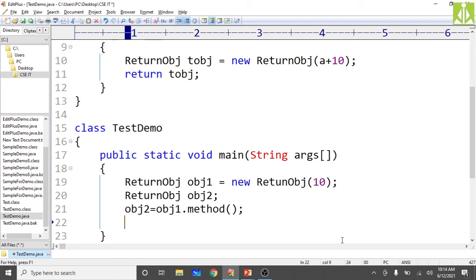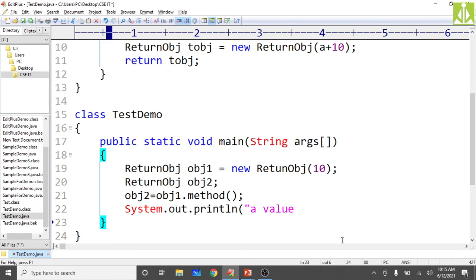So simply print that thing over here, system dot out dot println of yes, a value. Okay, a value by using obj1 and a value by using obj2, both the things we will see.